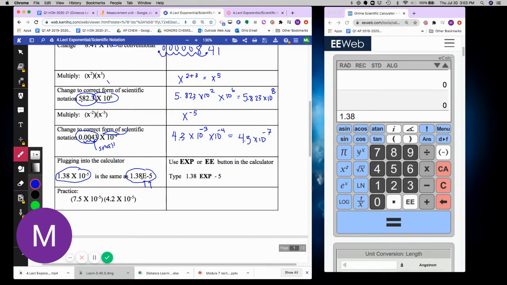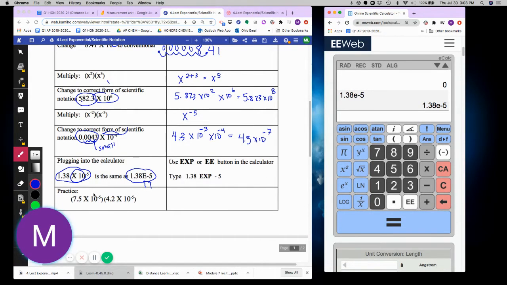Okay, now to type in the times 10, you're going to go over here and in your calculator type the EE. It's supposed to be uppercase E, but they wrote lowercase e. Pretend it's an uppercase E, that means times 10. Then you're going to put a negative. Make sure that you use this negative. This negative means minus. This is a negative sign, and then 5. And that's how you type it in. Equals 1.38 times 10 to the negative 5.